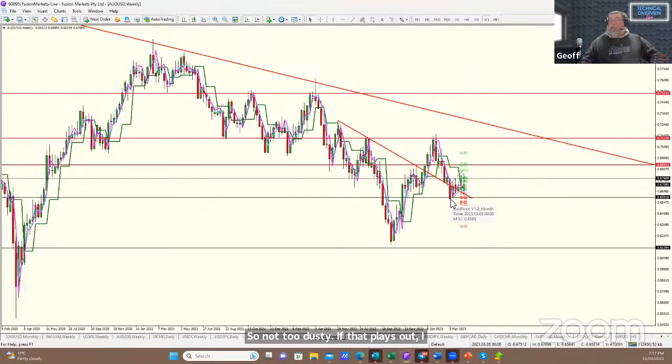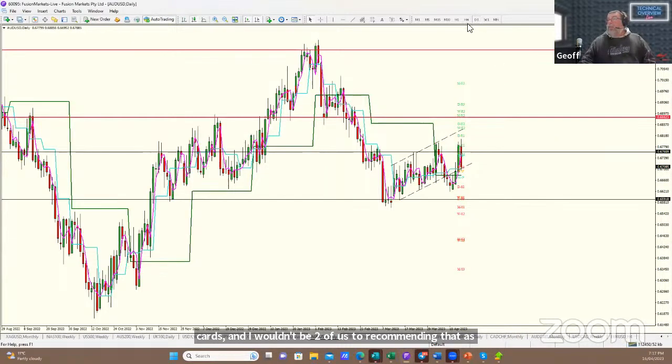I don't think there's too much risk in that, to be fair, because if price does come back below here, as I said, I think it's going to a support level, and I don't see one. So I think that's completely on the cards, and I wouldn't be too averse to recommending that as a trade idea. Then I see on the daily chart,